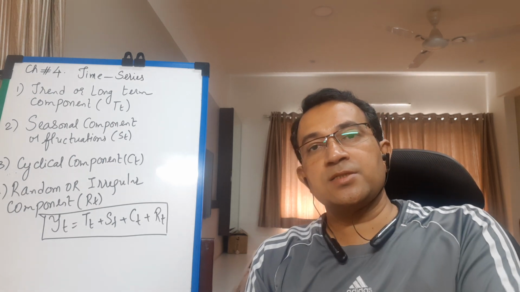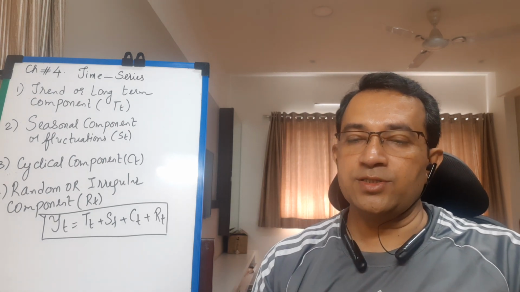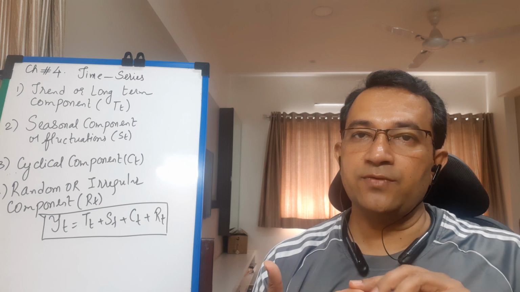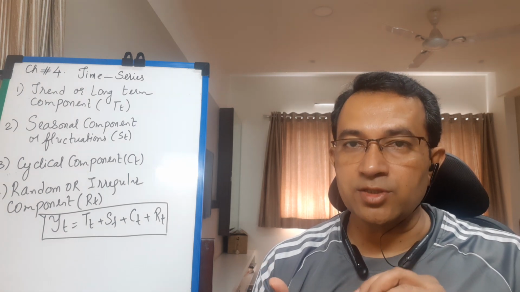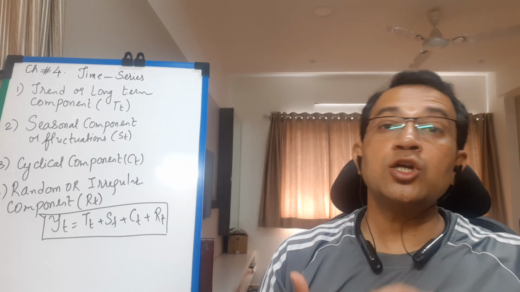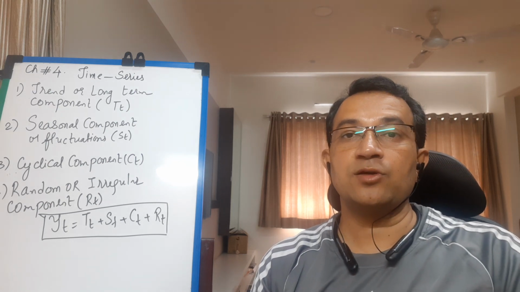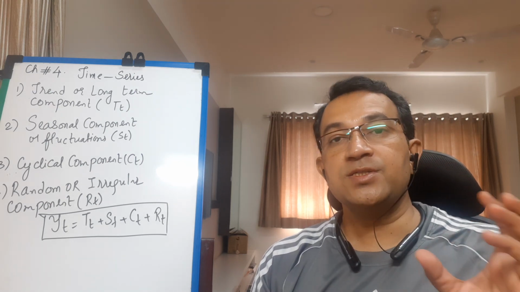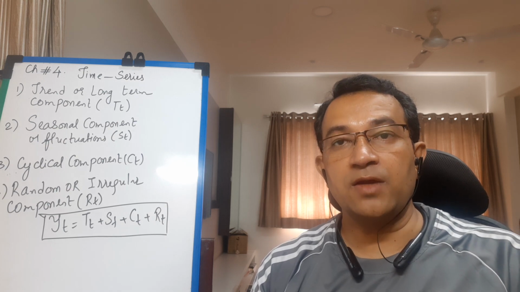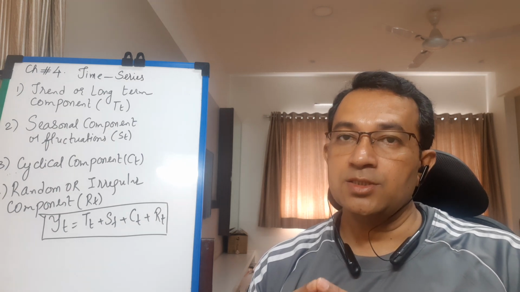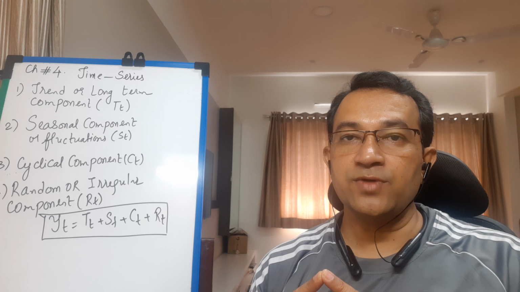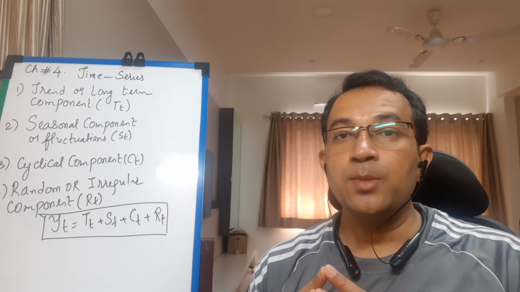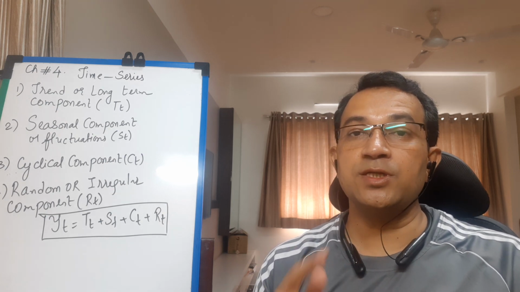Pay attention. Let us summarize this in points. The variations occurring in the variable of time series almost regularly over a short period of time is the effect of seasonal component. Seasons in our country are usually for 3 to 4 months. The period of oscillation of such variation is less than 1 year. Period of oscillation means period of repetition.